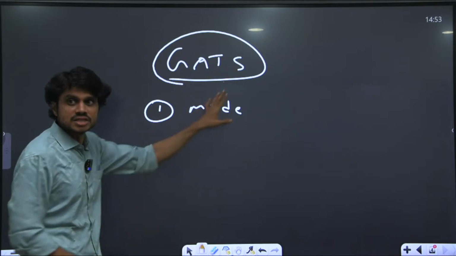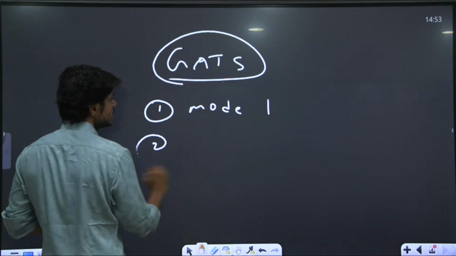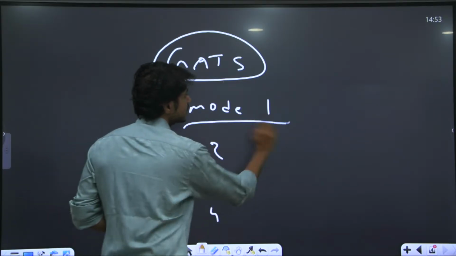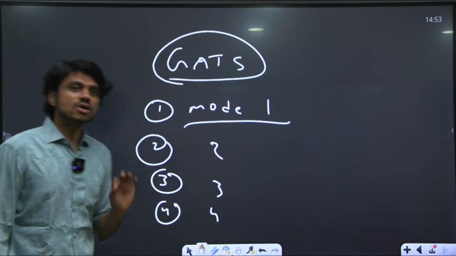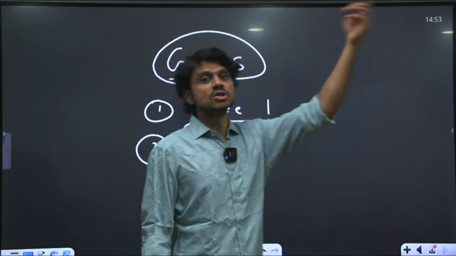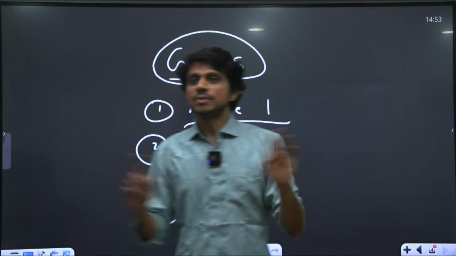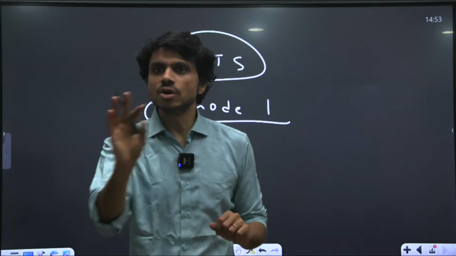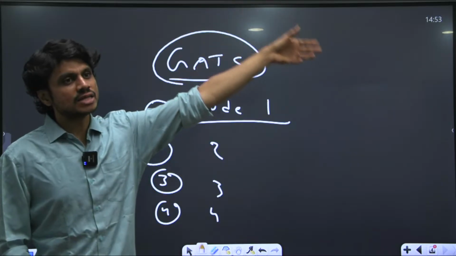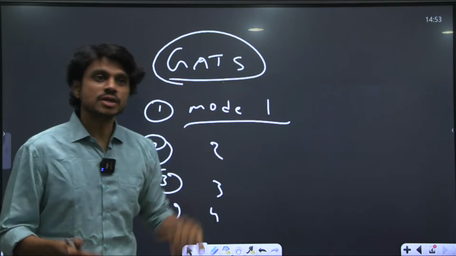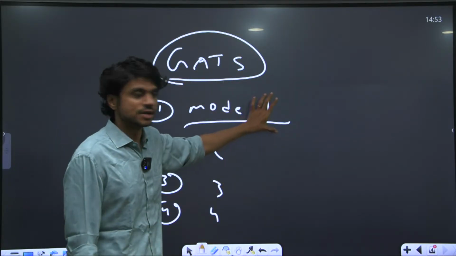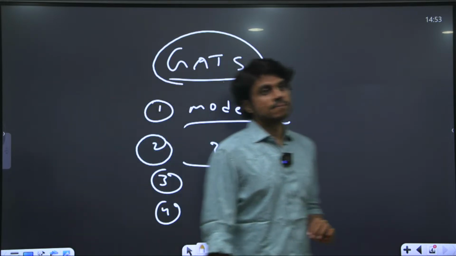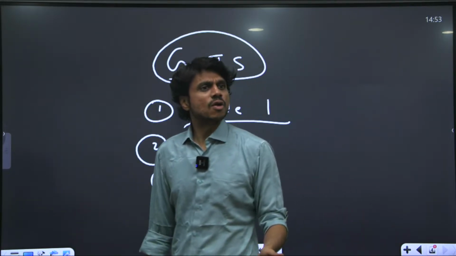Under this agreement, there are 4 modes: Mode 1, Mode 2, Mode 3, and Mode 4. Mode 1 is the type of service where you are sitting in India and providing service to another country. No movement of people is happening. Suppose you are sitting here and developing a website or an Android application. Imagine a person from Oman is getting website development from an Indian. You are developing it from here only and giving it. There is no movement of people here. In Mode 2, they came here. Now, suppose they want to purchase something or they want to